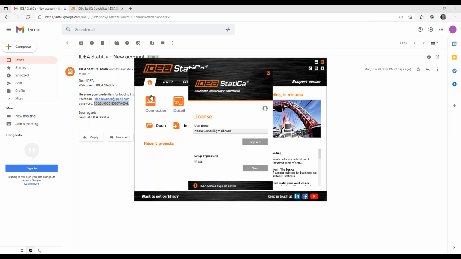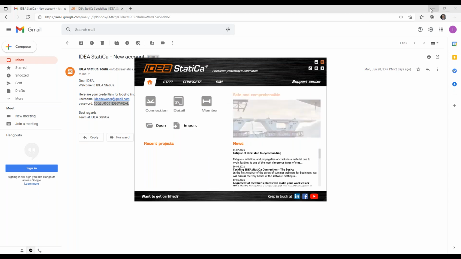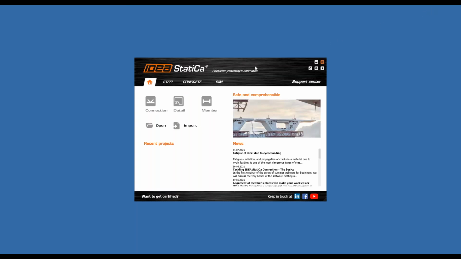In case you have these icons grayed out, make sure that this trial is turned on in here. So I will now sign out. This is all for the trial activation. That's very simple. Now, in case I have a license